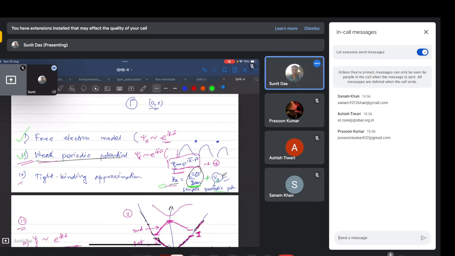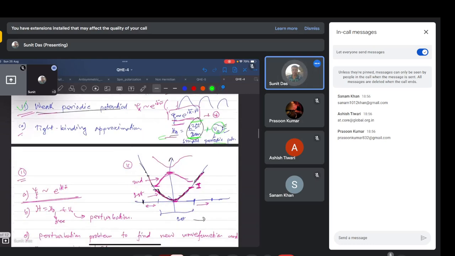This potential is coming due to the periodic arrangement of ions, and there is a potential associated with each ion due to the nucleus, core, and so on. So once we incorporate this V0 periodic potential, and we assume that V0 is quite small compared to the free electron energy, which is given by h bar square k square by 2m, then we get,